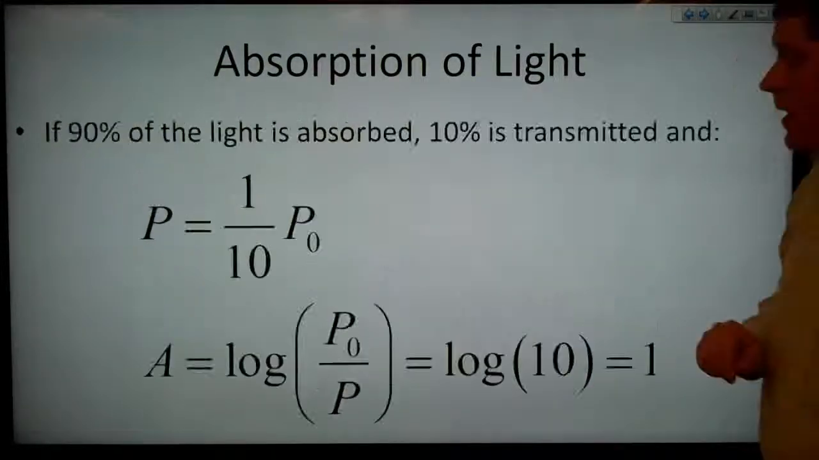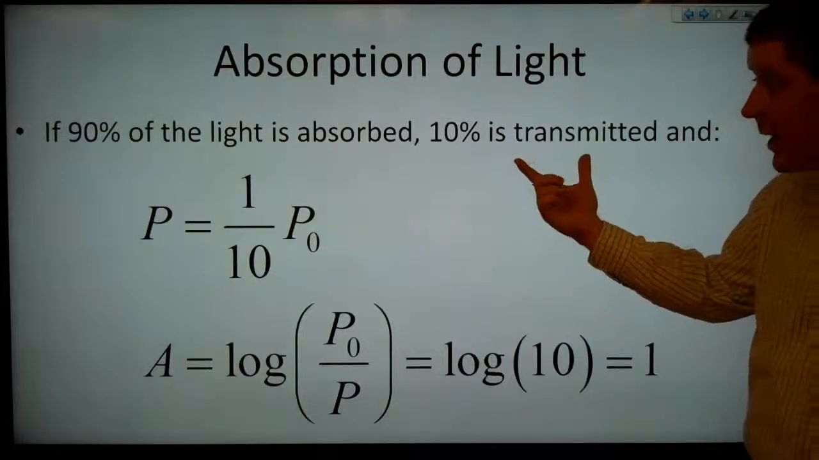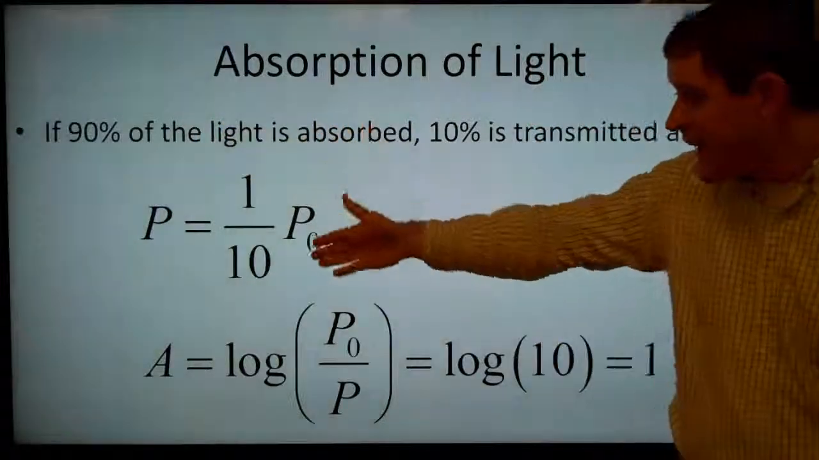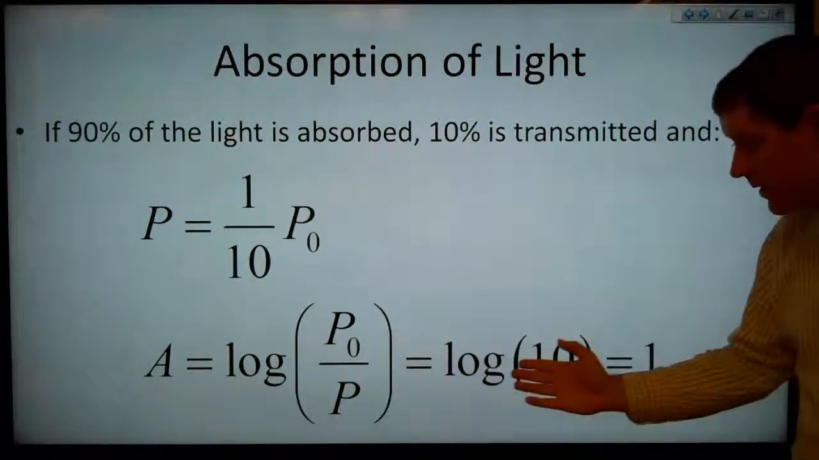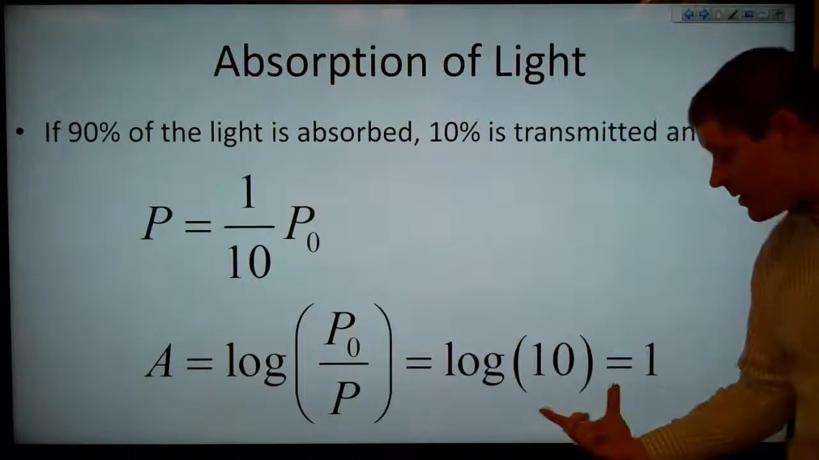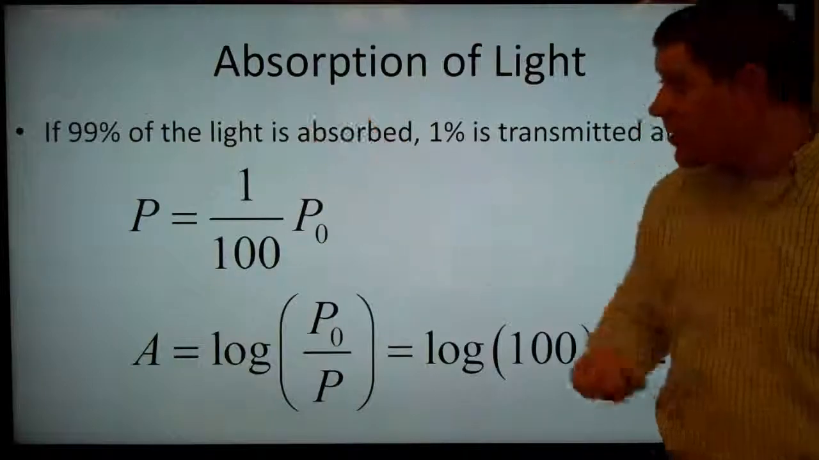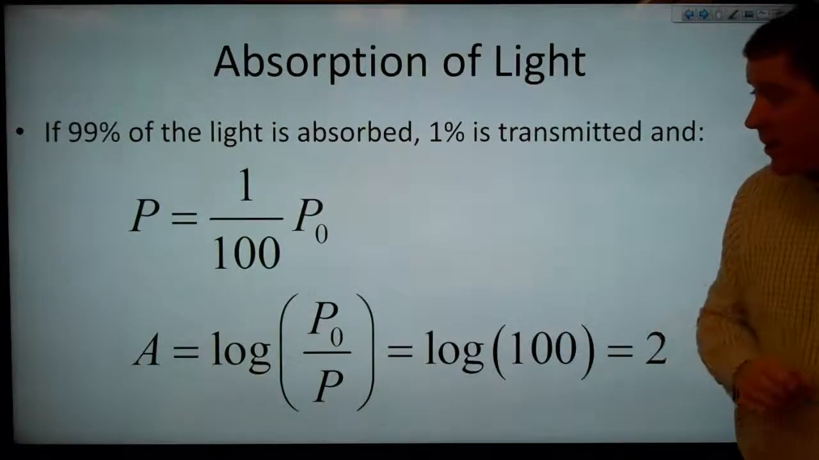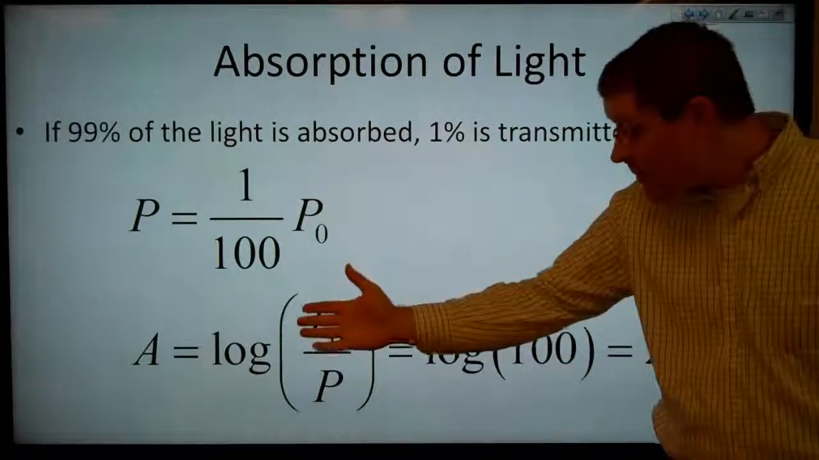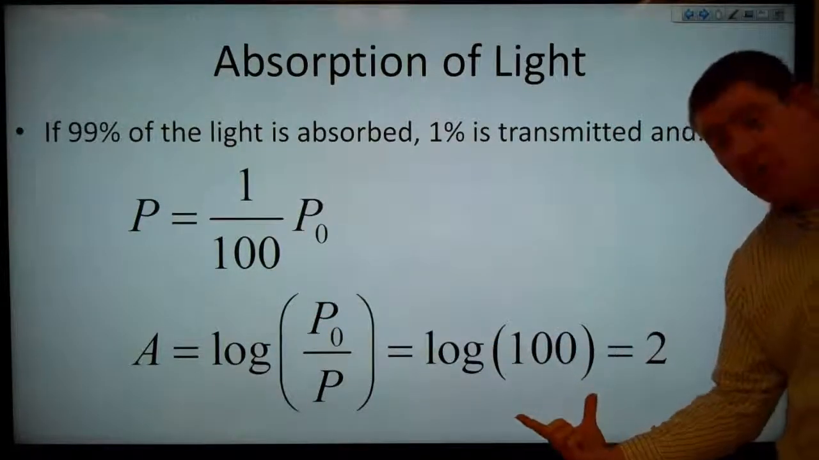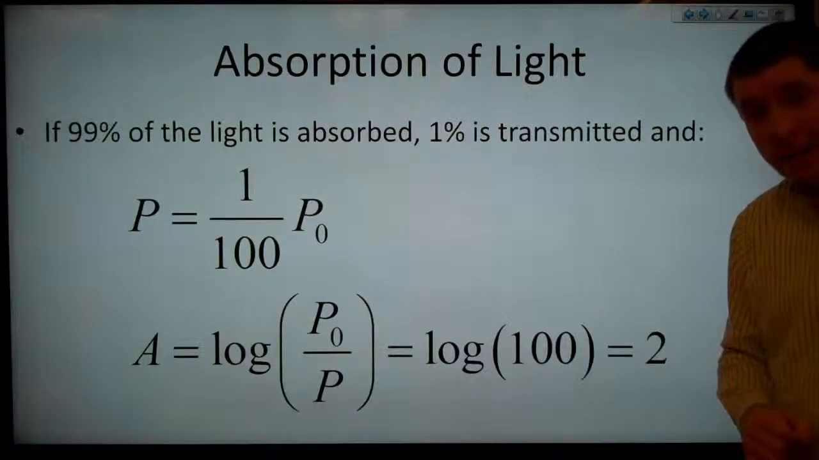Now if 90% of the light is absorbed, then 10% is transmitted, and the amount of light coming out is 1/10 of the amount of light going in, and then the absorbance is the log of 10, which is 1. If 99% of the light is absorbed, then only 1% is transmitted, and P is 1/100th of P0, and that means the absorbance is the log of 100, and that means that the absorbance has a value of